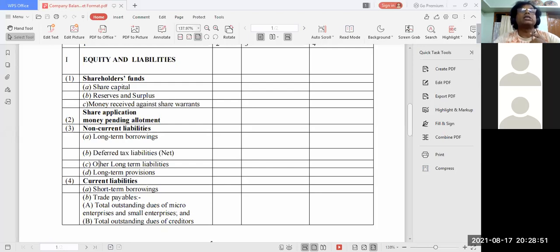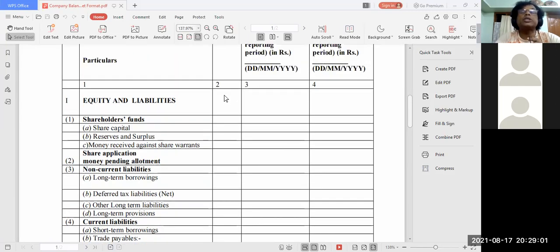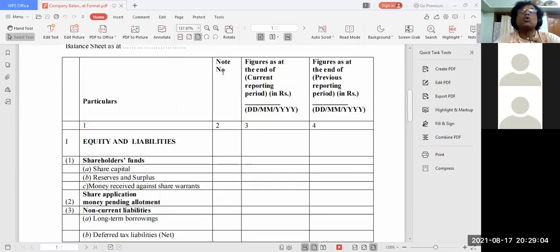Now S and C for us quickly. Under S, shareholders fund. Under that you will be getting share capital. And you see the third column, I have to tell you something here. There is a note, no? Note number. See, share capital, you have to go to working and calculate the share capital working, and the final amount will be coming here and here.